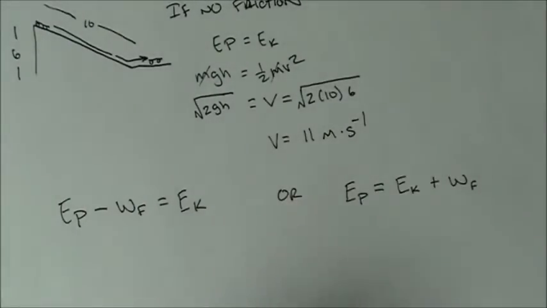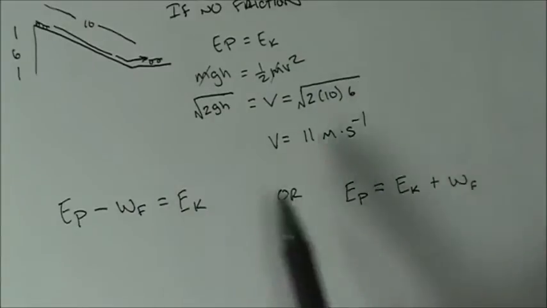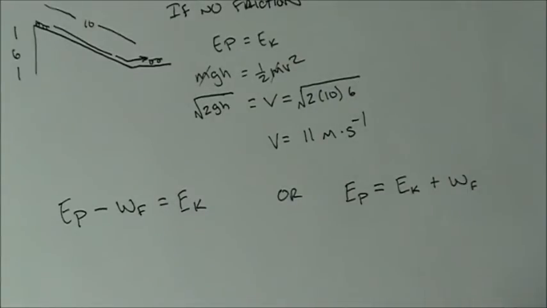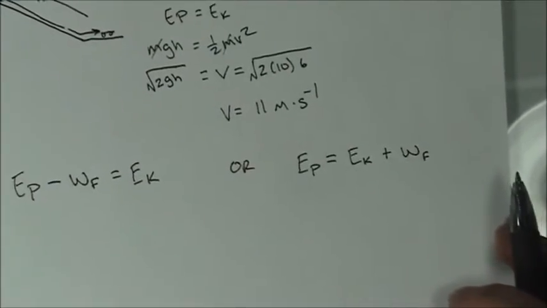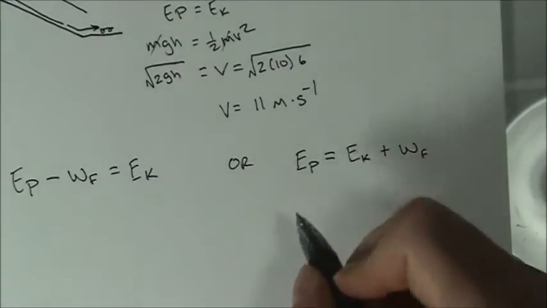It's just different ways of thinking about it. I can subtract the work that was done from the initial amount of energy that I had, or conversely, I could just say that this potential energy was transformed into two different kinds of energy. One is the kinetic energy at the bottom of the ramp, and the other one is whatever work was done by friction. I'm going to continue on with the right side over here, and you'll see that in this case,